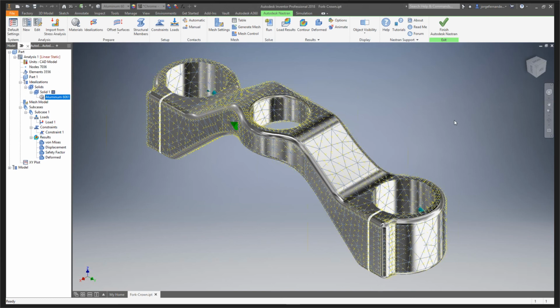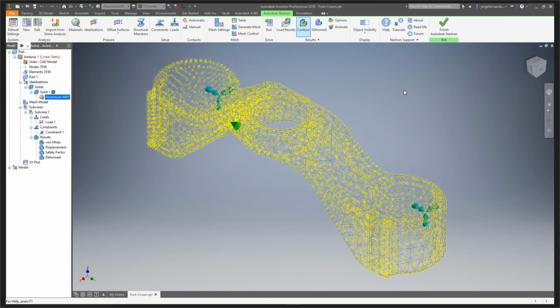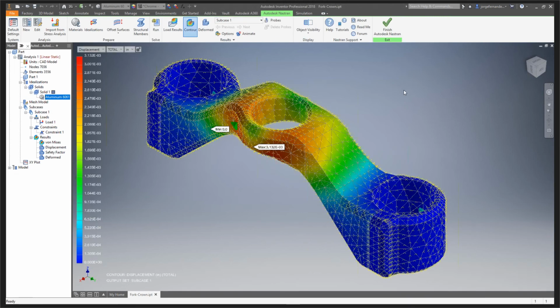And then in regards to the output for Nastran, Jorge, we saw von Mises stress, we saw displacement. What other things can you get out of the results for something? If you just want to jump into contours real quick. Yeah, if I go to the contours here, basically this is all the different types of things we can see